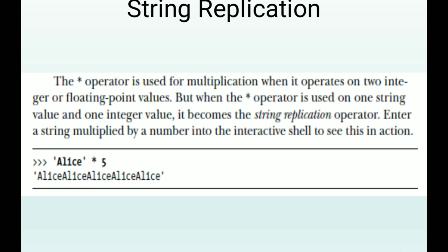So one condition for this star operator, when you are using the star operator along with the string, the next value must be an integer. Suppose you are giving 5.0, here it is 5, right? If you are giving 5.0, then an error will be generated because it accepts only the integer value. The same thing, it doesn't accept a string also. So Alice into Bob, if you are giving, it won't evaluate. That also will show the error. So the only condition for this replication is that on the left hand side the first value will be the string, and after that the star operator, then after that the integer value, which is used for multiplying the string that has been specified first.